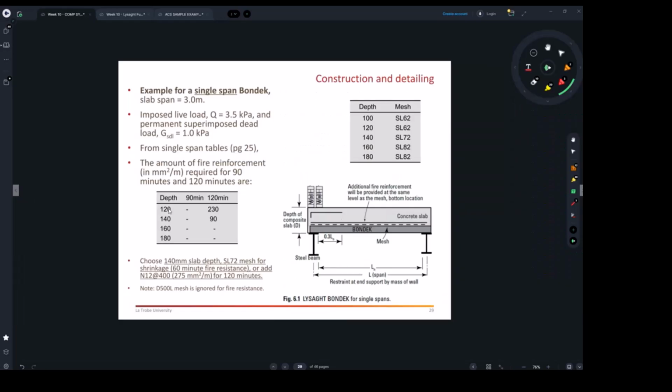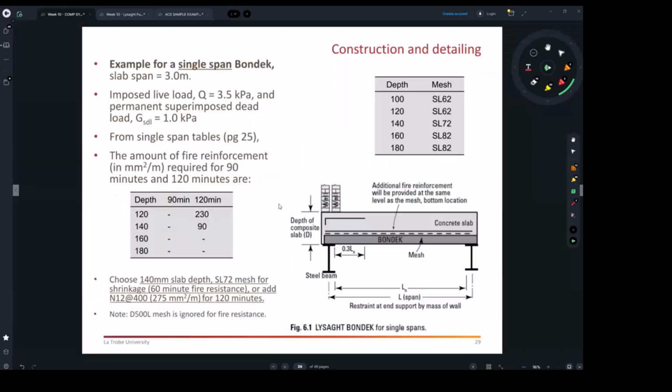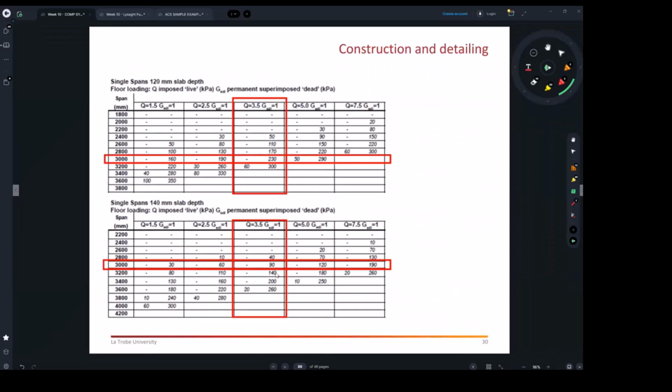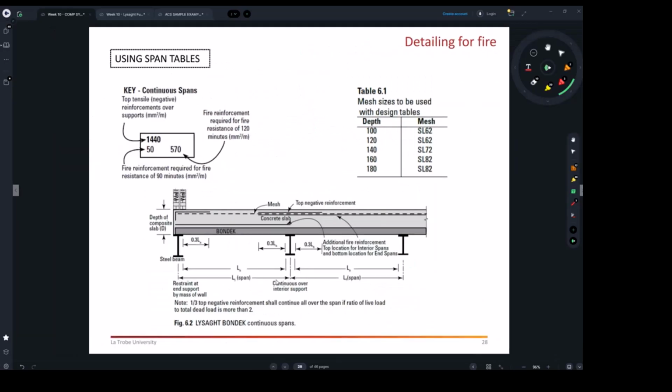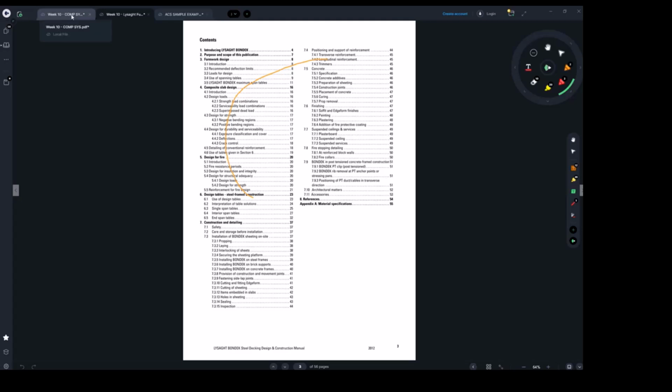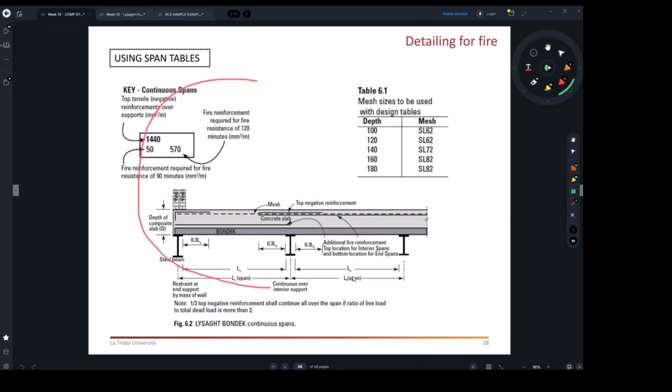You're going to see in the table you have two or three figures. See here, you've got two figures. What are those figures? They are explained to you in these slides. Basically I've just copied this from the Lyset book. So during the workshop, I will take you through the process of nominating and determining the